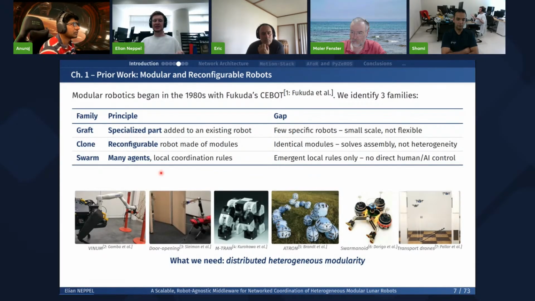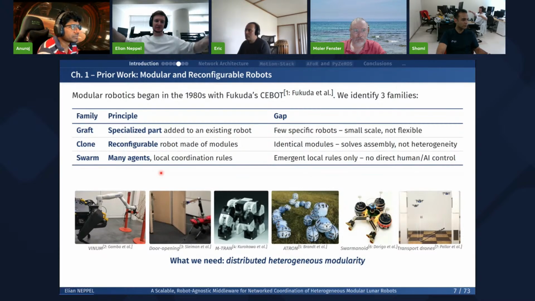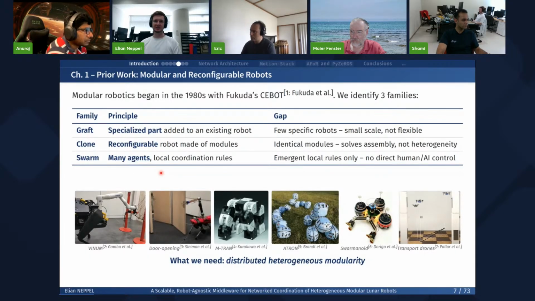We have many different agents distributed over a large area, so that's interesting for the network aspect. However, swarm robotics usually does not have a real rigid assembly. They can spread over a wide area and coordinate with local rules, but they are not a very rigid single robot. What we actually need for the moonbot would be what I call distributed heterogeneous modularity.